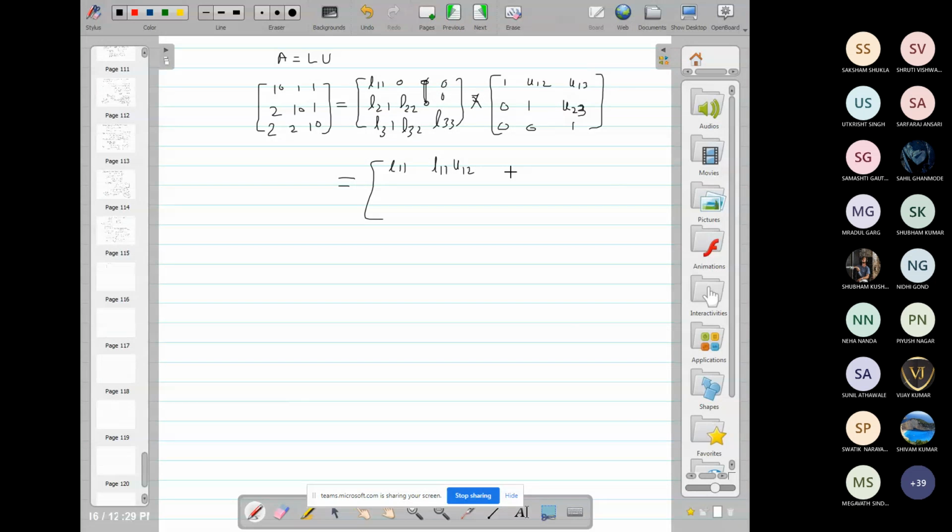And third, it will be L11 U13. This is the first row. And second, multiplying the second row, it will be L21 into 1